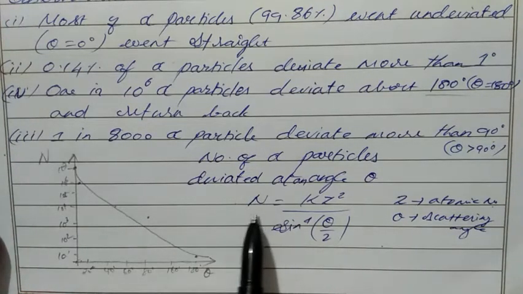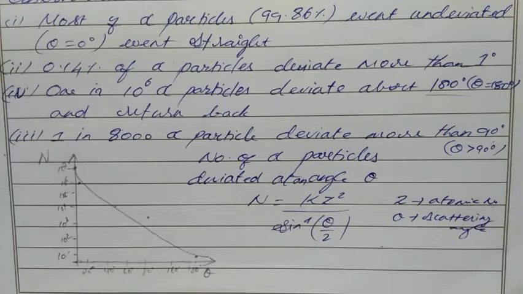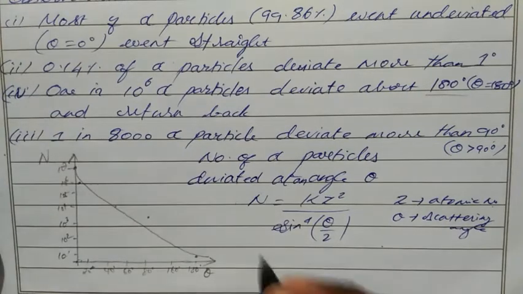So if you see here, N is directly proportional to Z, which means if we choose a metal which has more atoms, here we chose gold, if we choose any other metal which has more atoms, then more alpha particles are deflected. Okay, more alpha particles deflected. Clear?